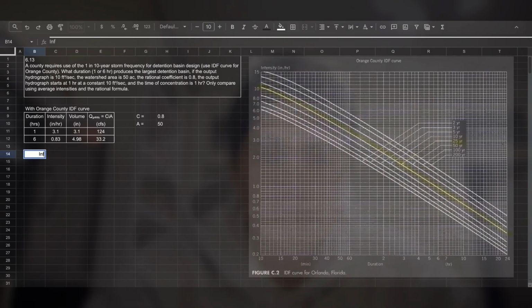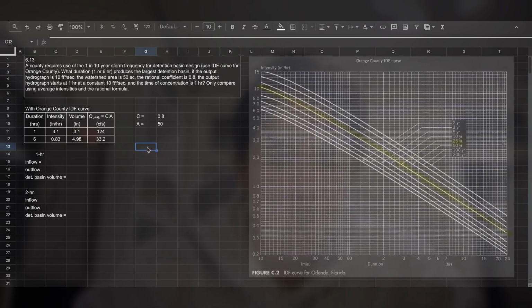So let's actually do the 1 hour storm inflow, and then we have outflow, and then we need to do the detention basin volume, which is going to be inflow minus outflow, and we're going to do the same with the 2 hour. Let's copy and paste. Okay, good. So we have that. So inflow,